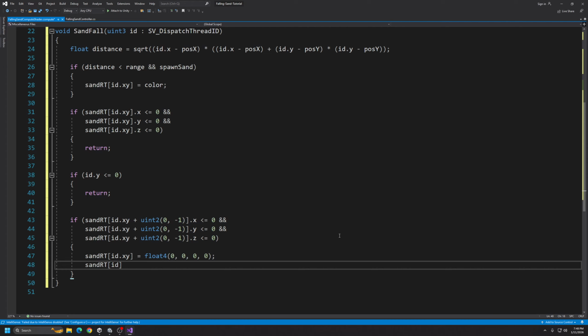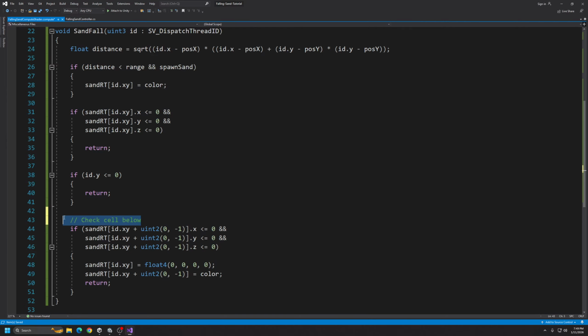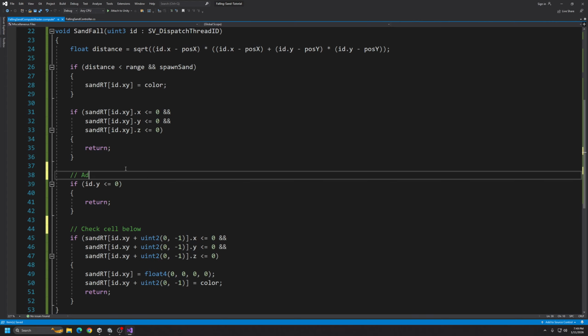So id.xy plus uint2(0, -1), and we'll just want to set that equal to color and return. I'll just add a little comment here so we know. Add some more comments up here. Adds a floor to image. Cell is